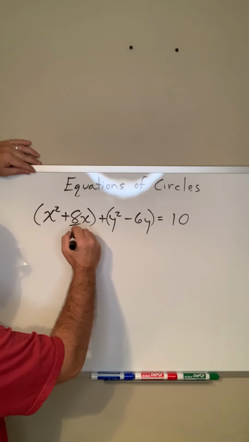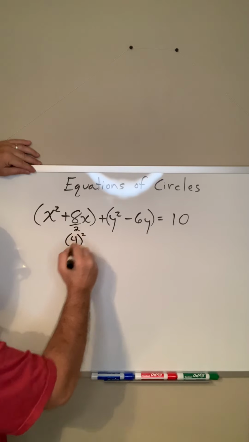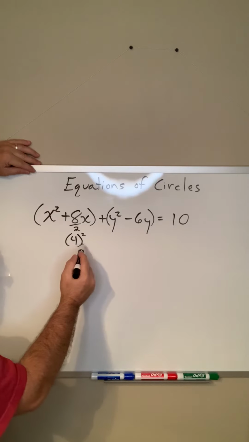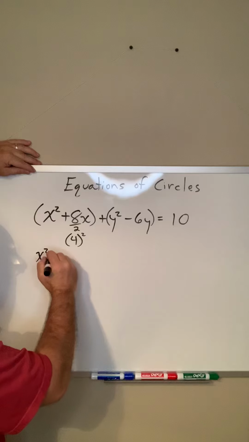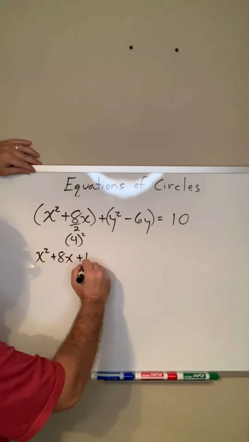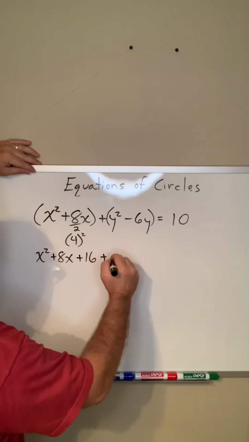So half of 8 gives me 4, and then I square that. Now, we need to remember the 4 because we're going to use that in just a minute to finish out the problem. But that starts us off with x² + 8x + 16, which came from 4 squared, plus